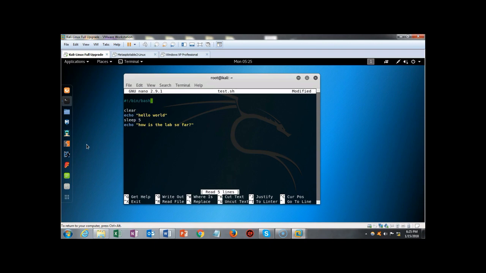Now we can change the hello world to hello and your name. So I'm going to use my down arrow one more time, use my right arrow all the way over to that quote, and I'm going to change this to my name. And I'm now going to use the down arrow one more time. Let's change the sleep number from 5 to 2. I'm going to come down one more line and then one more line. Now I'm going to type in read, and I want the script to read